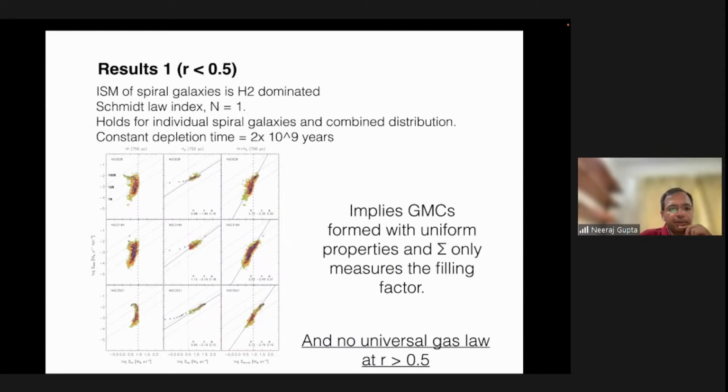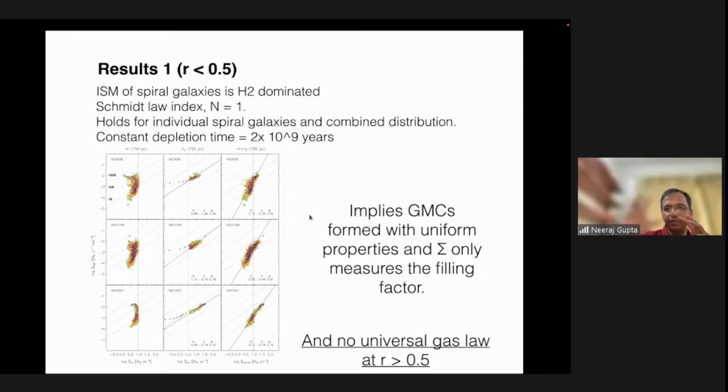And then let us try to understand how this relates to star formation. What we are plotting here is, on the x-axis, the H1 surface density, and on the y-axis, the star formation rate density. Each of these panels corresponds to a different galaxy. What one finds is that the ISM in this case is dominated by H2, right? And the Schmidt law holds for individual spiral galaxies, and it also holds for the combined distribution, right? So what this implies is that giant molecular clouds, which is actually where the star formation is taking place,